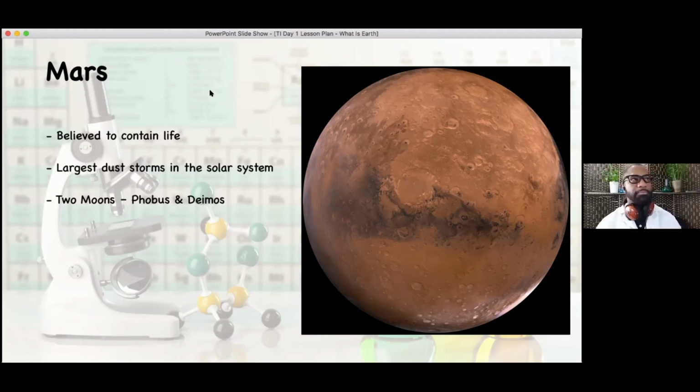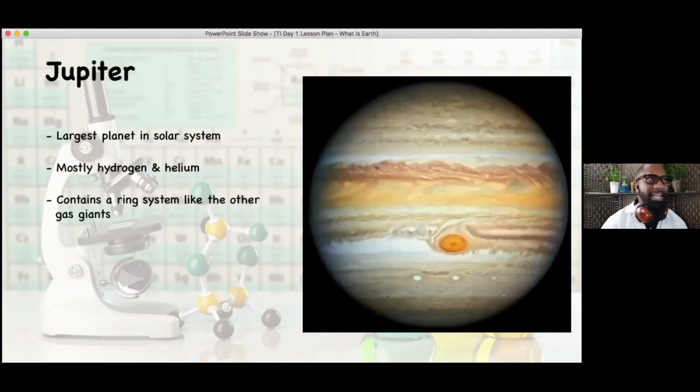So we talk about our rocky planets. We already discussed Mercury, Venus, Earth, and then Mars. Those are our first 4 rocky planets. So after we leave Mars, we pass through our asteroid belt, which is very unique as well, because that's the location of asteroids, which are remnants of possible planets and remnants from the original formation of our solar system. So once we cross through the asteroid belt, we enter another amazing planet, which is called Jupiter. Jupiter is a very, very unique planet because this one starts off our first wave of gas giants. So Jupiter is known as a gas giant, and all the planets that come after Jupiter are also gas giants.